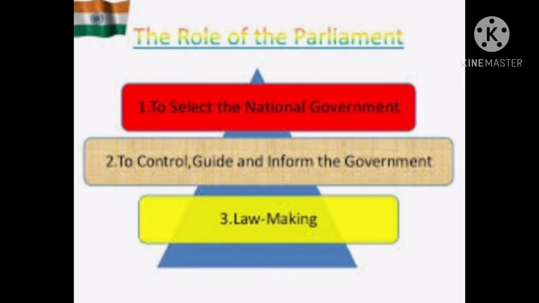But since 1984, no single party has won. But last year, in the 2019 general election, BJP won a full majority of seats. So after that, a single party again formed the government. Okay. So in case a single political party does not get a majority, obviously what will happen? A coalition government will be formed.